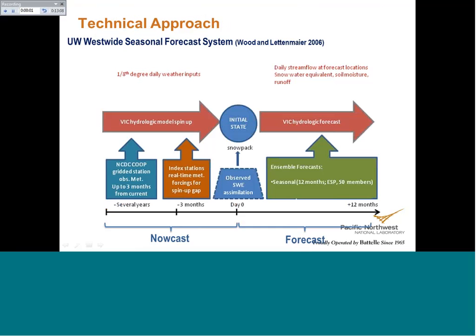We're still in the technical approach section, and this is just giving a different perspective on how we do the hydrologic forecast. We've been leveraging the University of Washington West-wide seasonal forecast system developed by Andy Wood and Dennis Meyer in 2006. And the way we do hydrologic forecast is